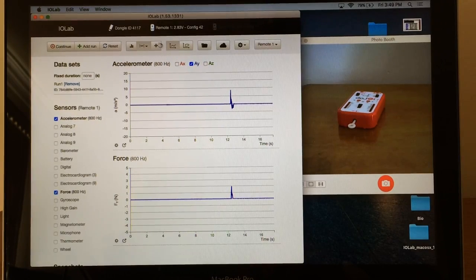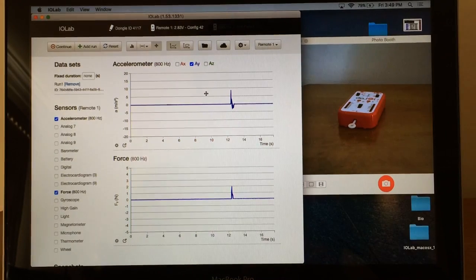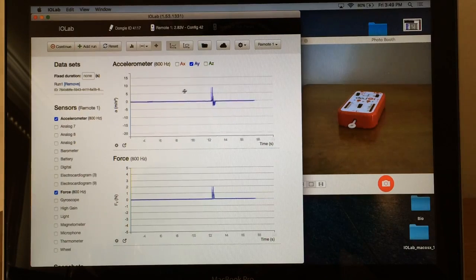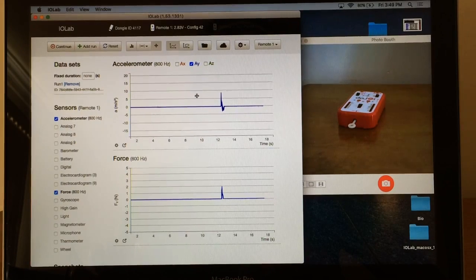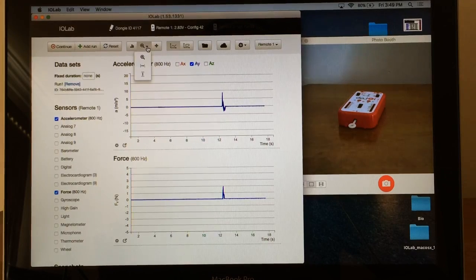These three buttons up here are going to be very important in your analysis. If we go to the one all the way on the right that looks like a bunch of arrows, this one enables you to move your plot around, and you can see that the two plots, the force and the accelerometer plots, move around together. The one in the middle is a magnifying glass, and you can see that there's many options of the magnifying